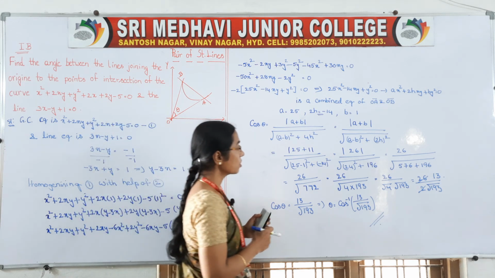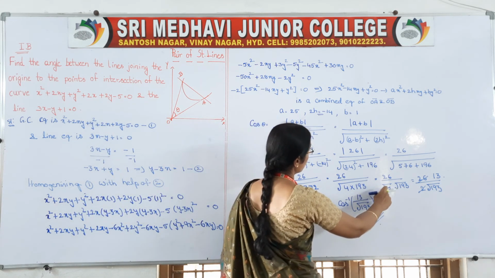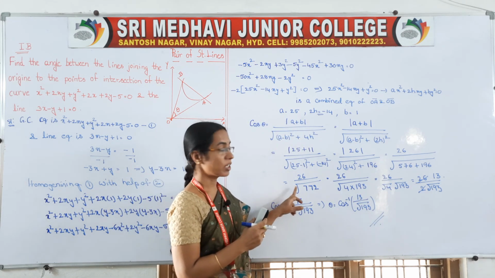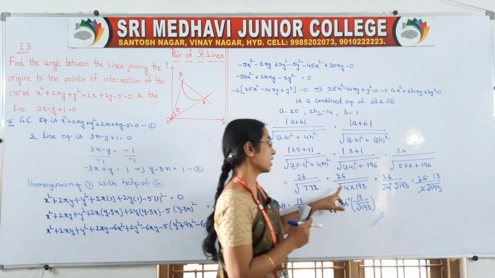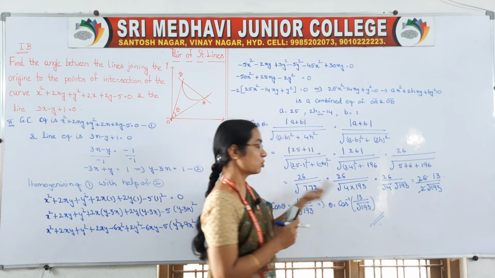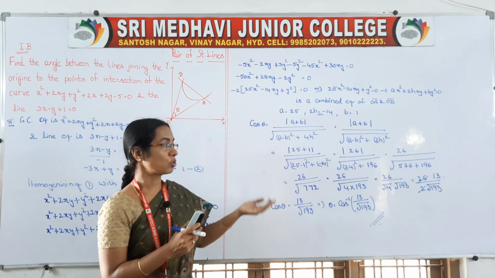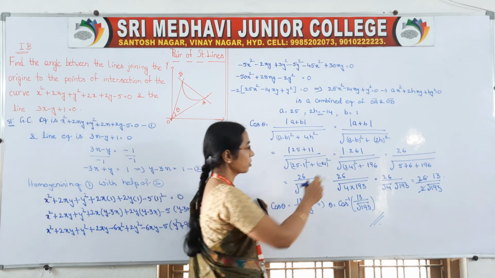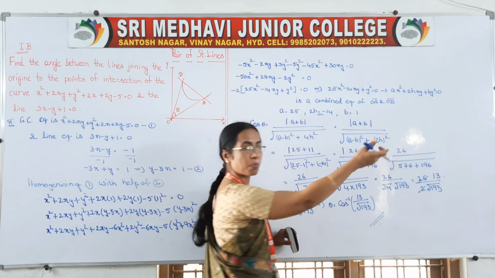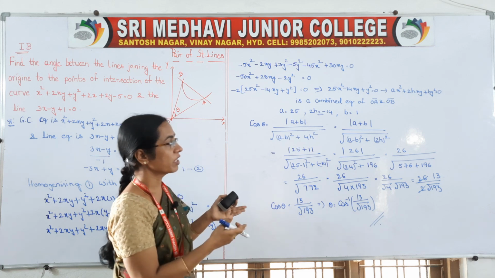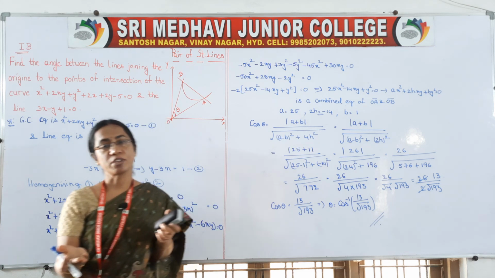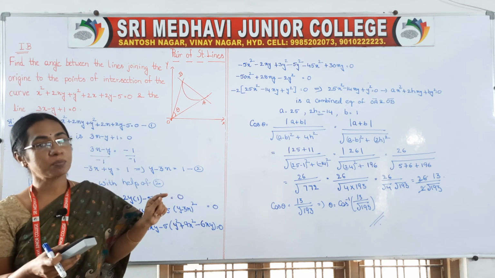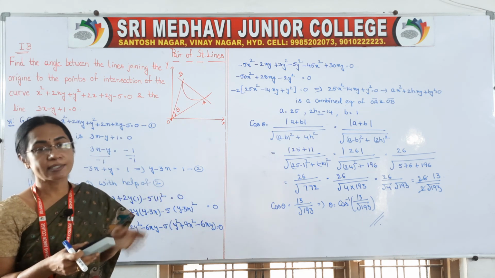While taking the values, you should be a little careful. Try to simplify the value inside the square root as much as possible. Here we got 772. So it can be written as 4 into 193, so that we can take root 4 as 2, and cancel 2 with 13. The mod value is always positive, and inside also we got positive, no problem. Suppose inside we get negative, then also the mod of any value is positive only. Okay. At the end we have to get the angle between OA and OB, that is theta.